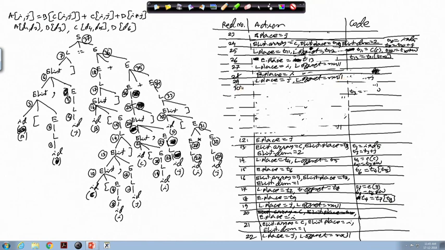Now, at reduction number 30, E producing L, so this E.place equal to L.place. So, E.place equal to j. Now, reduction number 31, we have E producing E star E.